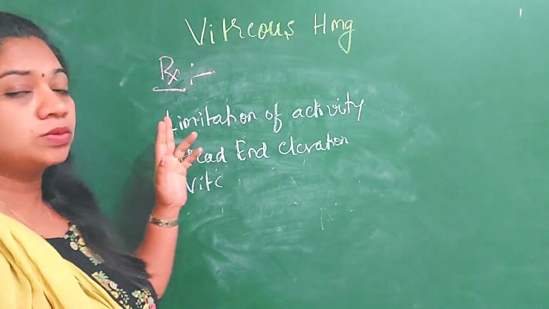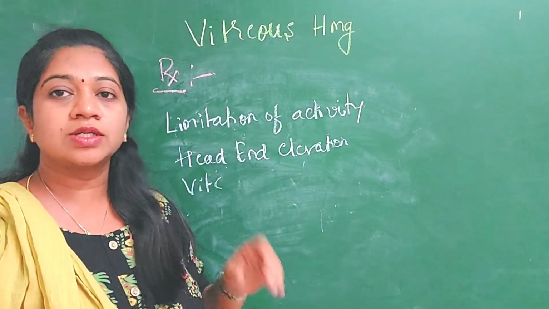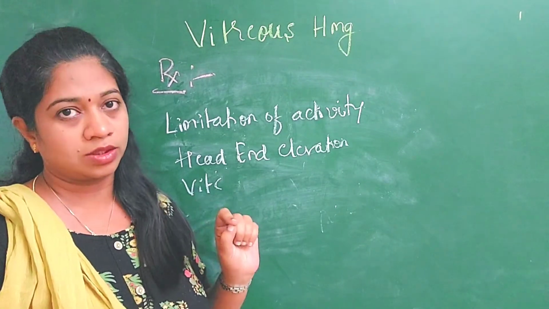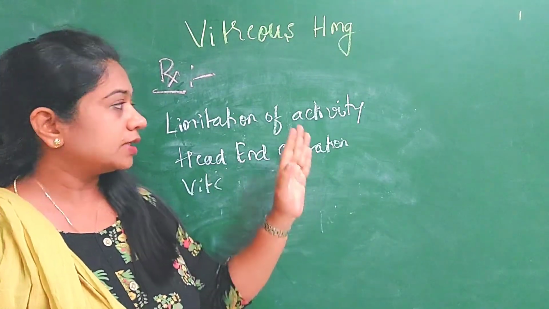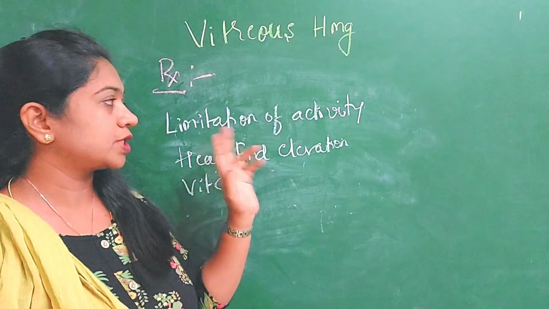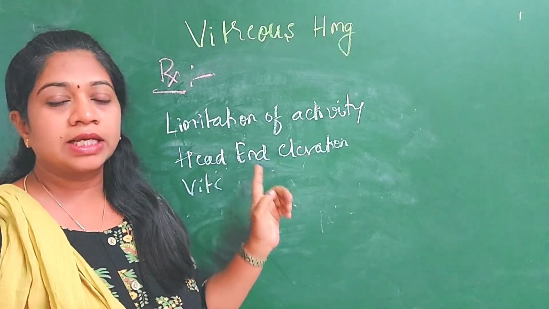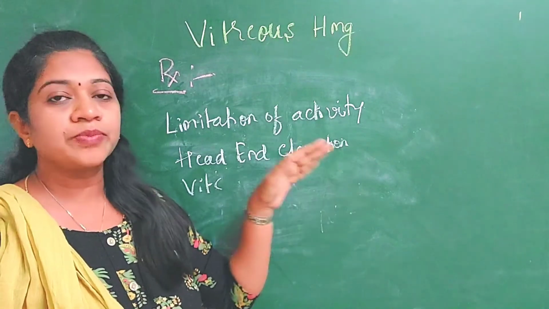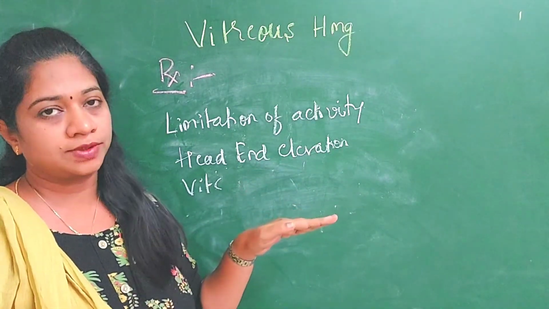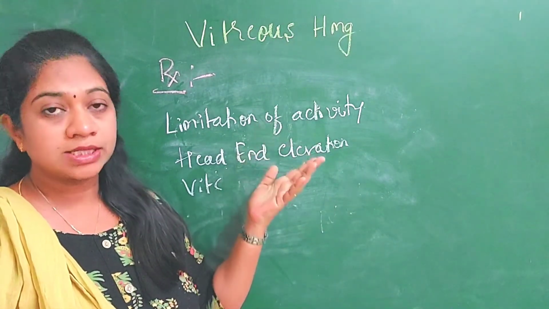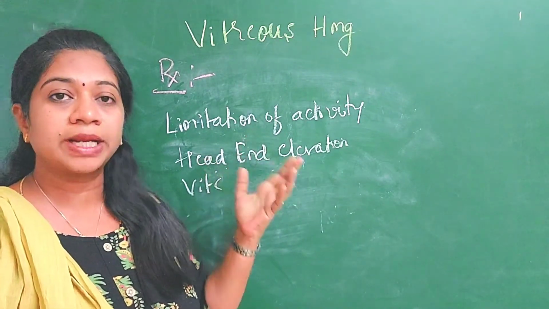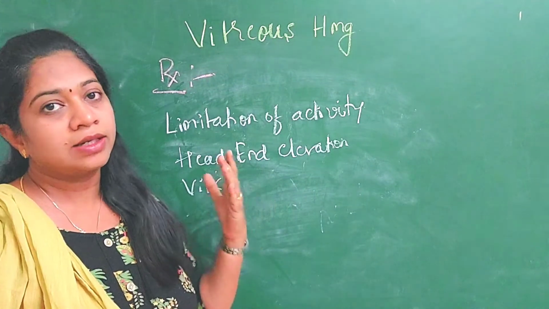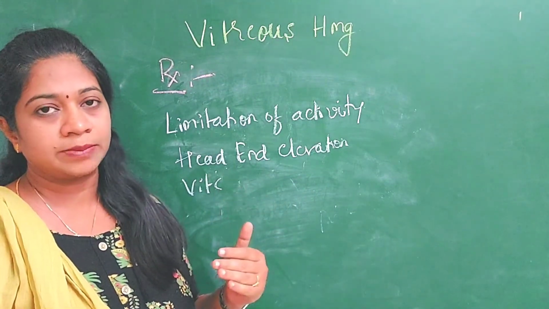So next moving on to the treatment of vitreous hemorrhage. As I told, whenever it is possible, do B-scan and see whether there is RD or not. If there is no retinal detachment, then you can wait and watch. So ask the patient to limit his activities, keep the head in the elevated position. This will help in settling the blood in the lower part of the eyeball so that you can visualize the upper part of the retina where the breaks are common. Okay, and you can supplement with vitamin C and you can wait and watch for 2 to 3 months.